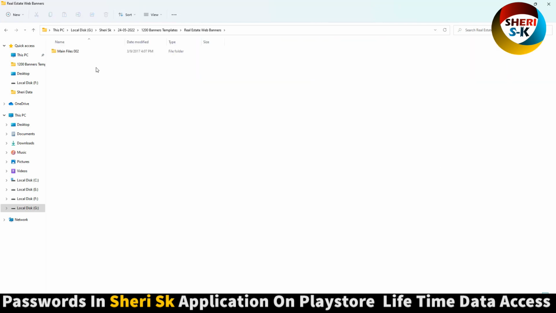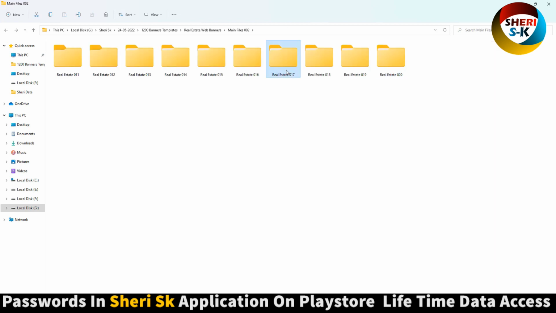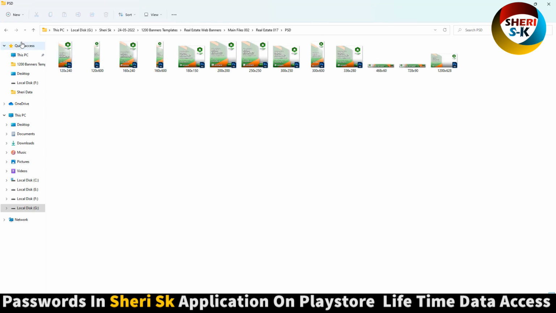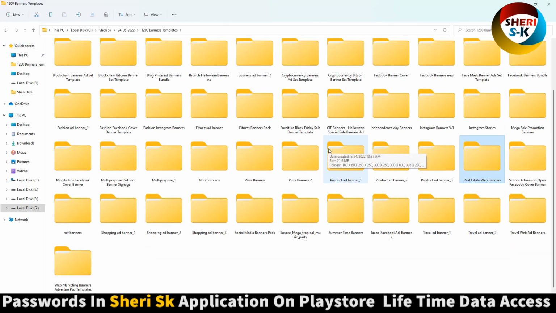real estate web banner. Here are 10 different banners, sorry, 20 different, so you can import and open in Photoshop and edit with different sizes. I hope these are